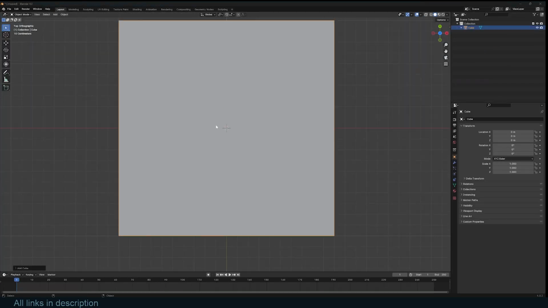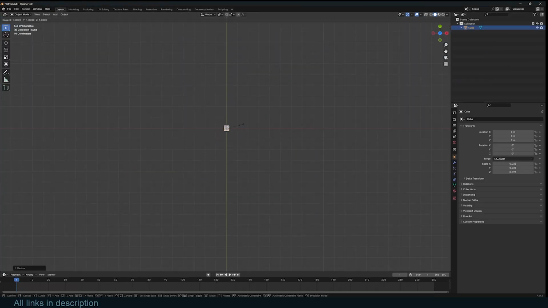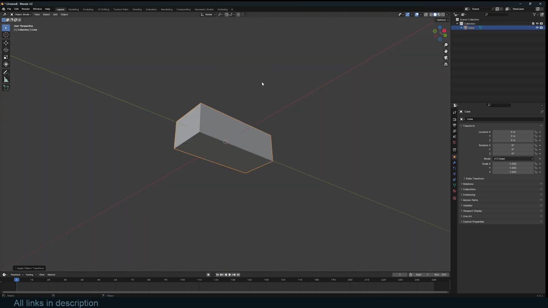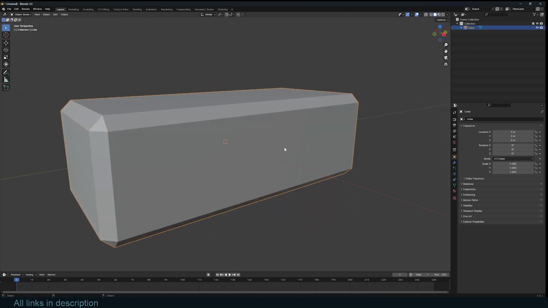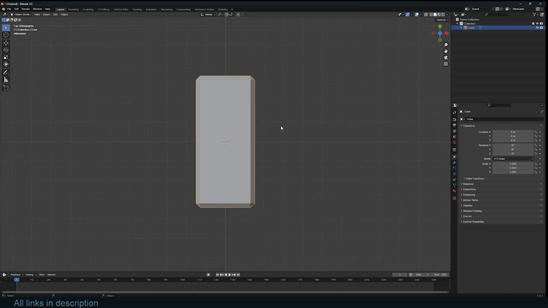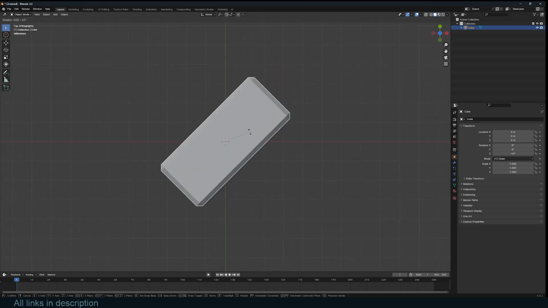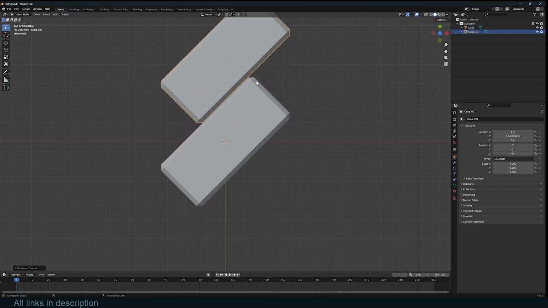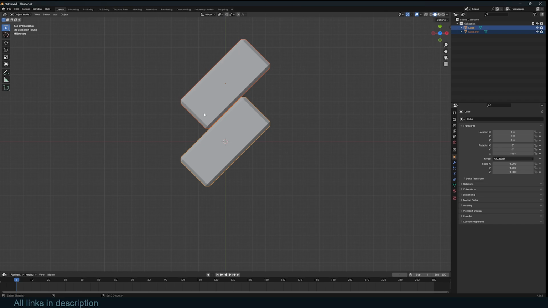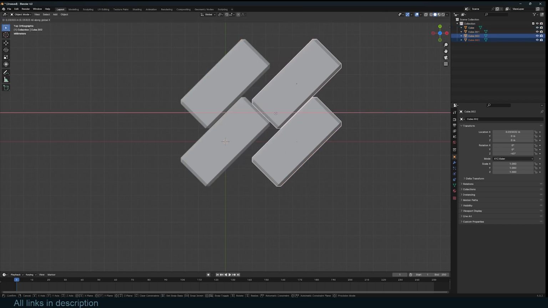I'm going to start by creating a cube. This is going to be our brick, so I'll scale it down, scale it on the Y, apply scale. I want to add some detail to this. Tab into edit mode, use Ctrl B to bevel the edges, just like that. You can create different patterns to make this a bit like a pavement. So I'm going to rotate this 90 degrees and just duplicate it on the Y, just like that. I can grab this, Shift D, duplicate this on the X,